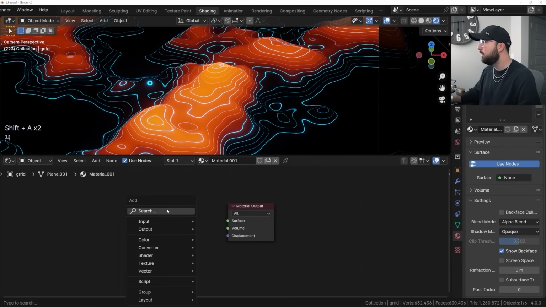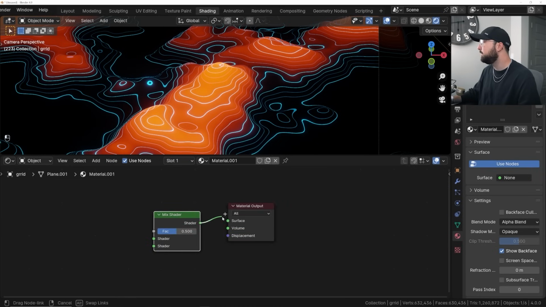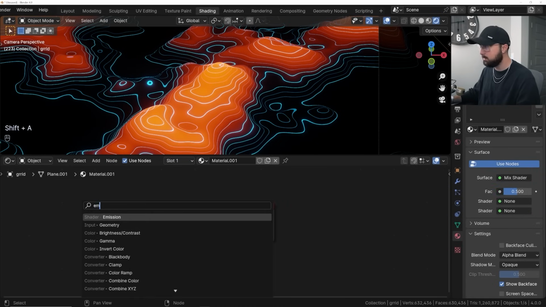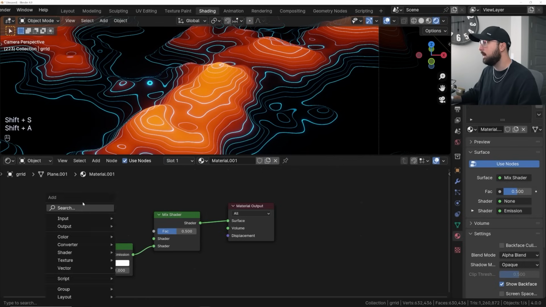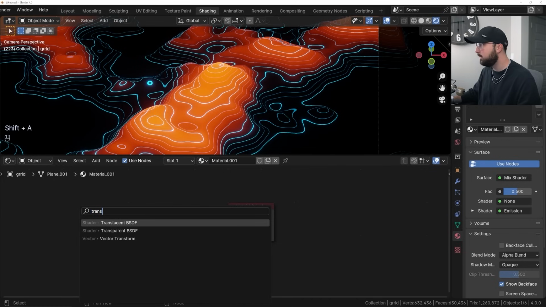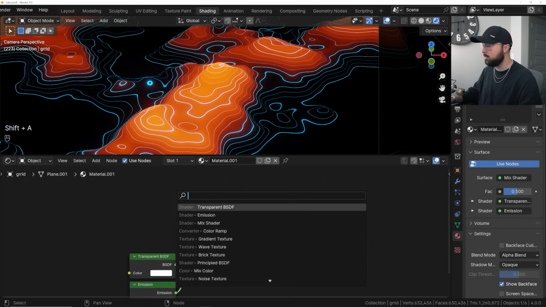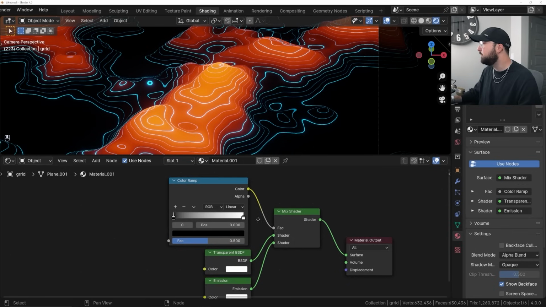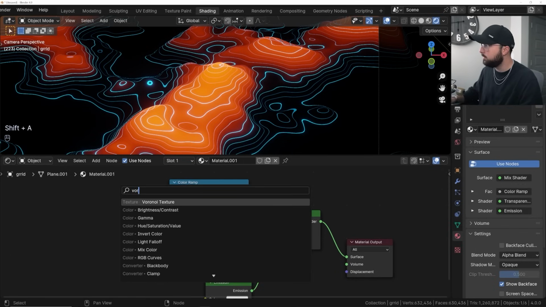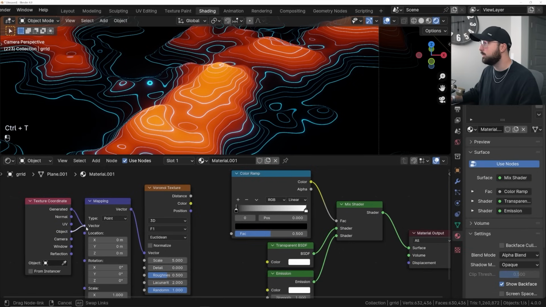So here in the shader, we're going to go ahead and get in a mix shader here. Same exact process. We're going to get an emission. And we're going to get a transparent. Transparent BSDF, plug it here. So now we're going to go ahead and get in a color ramp. So we'll just plug him into the factor, and we're going to get in our Voronoi texture. We're going to hit Control T and then use the object coordinate, of course, and then plug distance into the